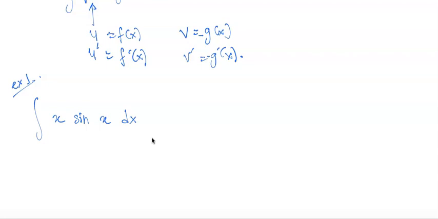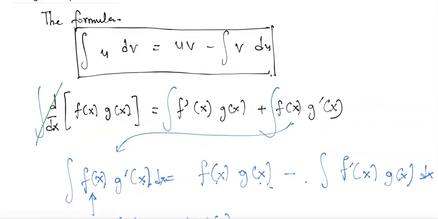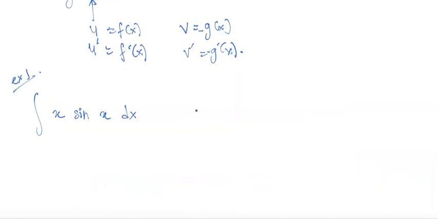So let's try to solve it using integration by parts. You have to transform this into terms of u dv. And how do we determine which one is u and which one is dv? For that, you have to use this one,